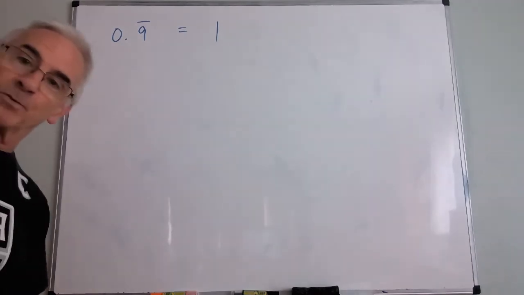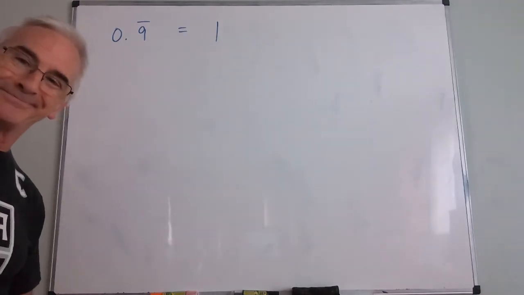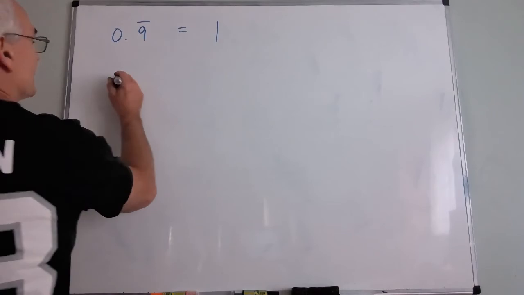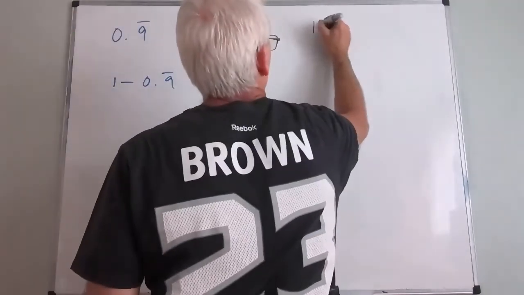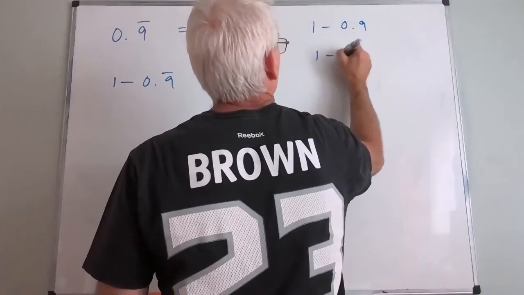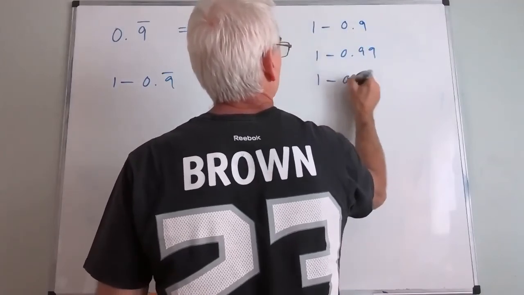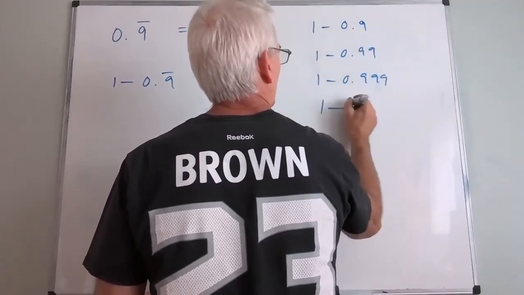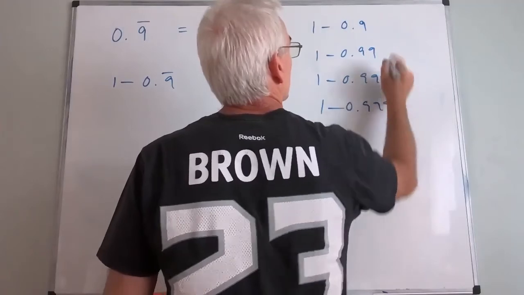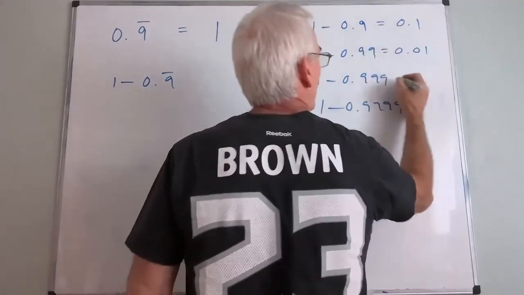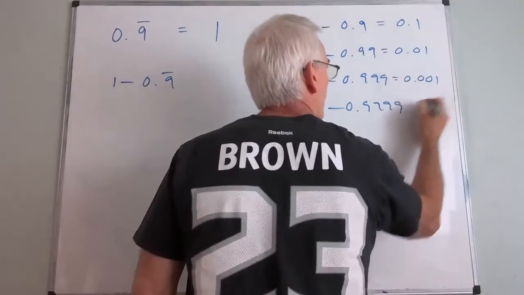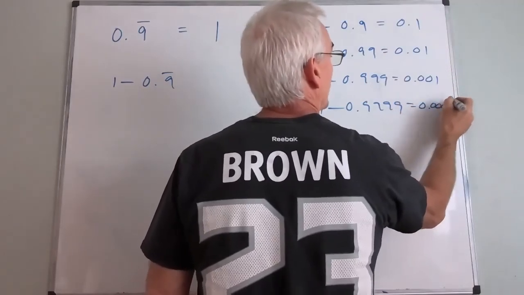I'm going to show you 3 different ways why this is true. All right. First of all, what's 1 minus 0.9? Well, let me write a couple things down. I just want to see a quick pattern here. If I do 1 minus 0.9, it's 0.1. This would be 0.01. This would be 0.001. Okay, I get the point. Well, no, the point is,